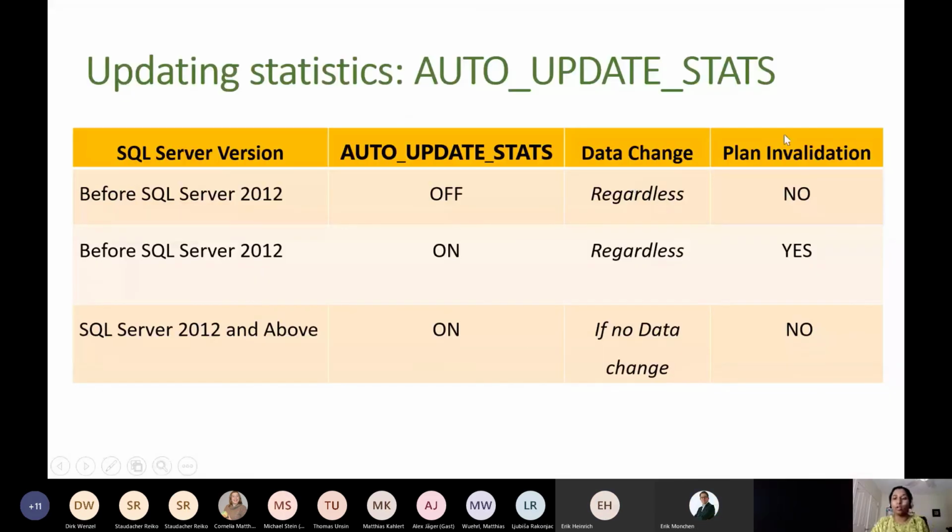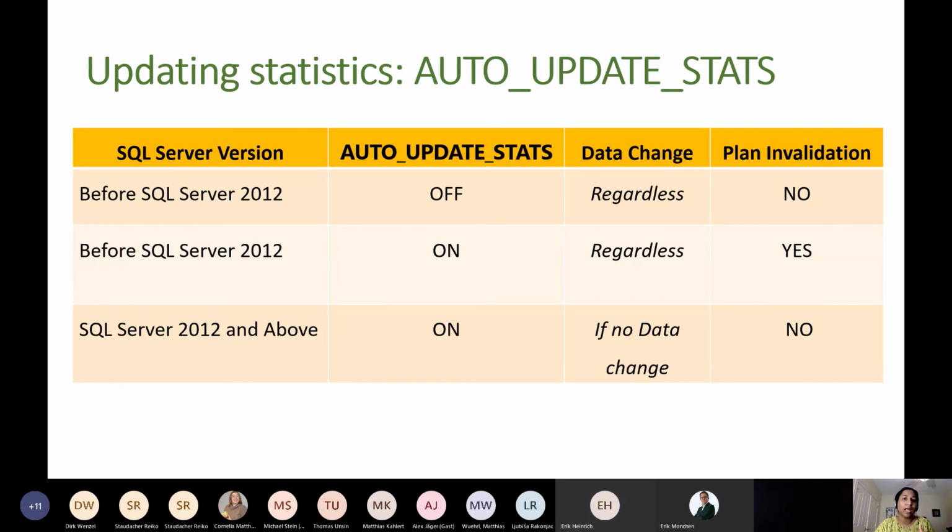I would also like to give you some points here. Whenever our auto update stats is on, and our SQL Server is 2012 and above, if there is data change, like in our previous demo case where we had row modifications, the plan should be invalidated.